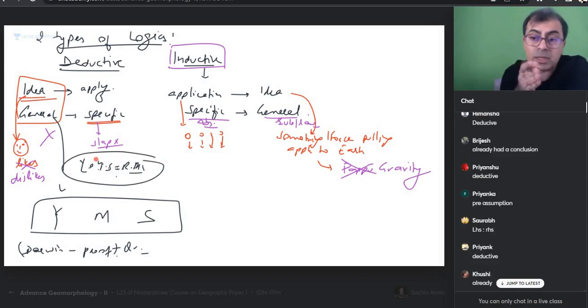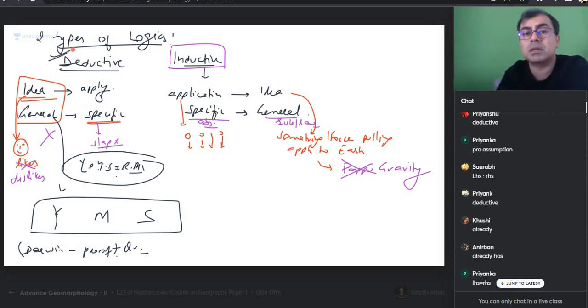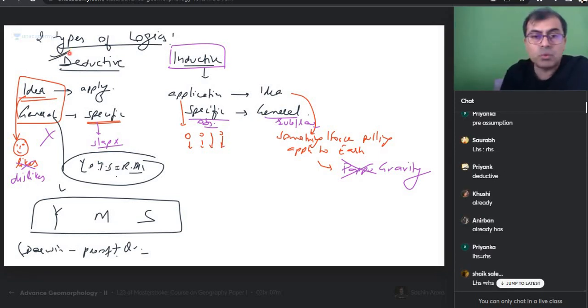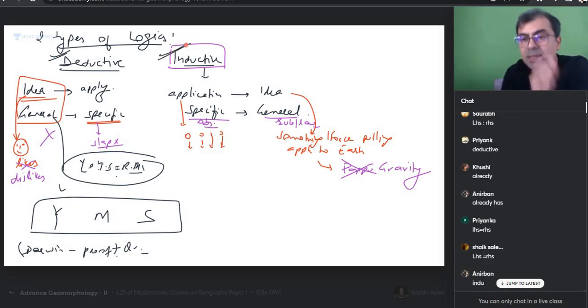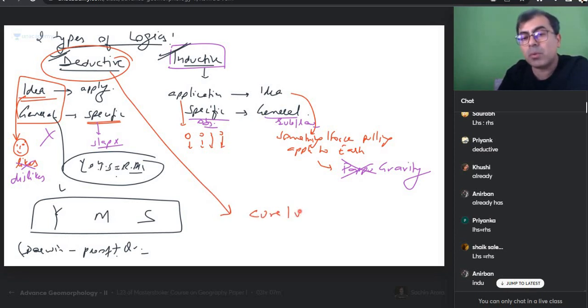So when you already have a conclusion and then you apply it, that sort of logic is deductive logic. Do we get that? Okay. So which one is considered more scientific? Inductive is considered more scientific. That first you observe, that's the scientific method, and then you come to a conclusion. Not that deductive logic is not used. Deductive logic is used, no doubt about that. Say, for example, I think a cure or vaccine to